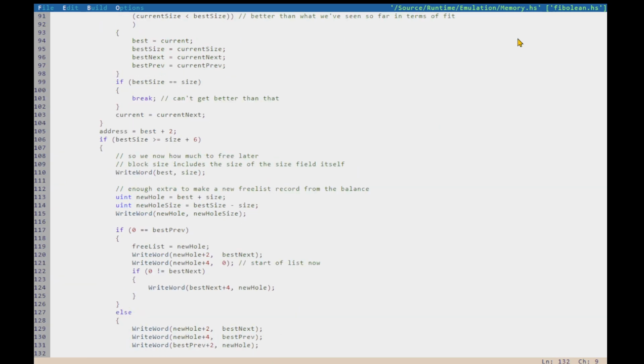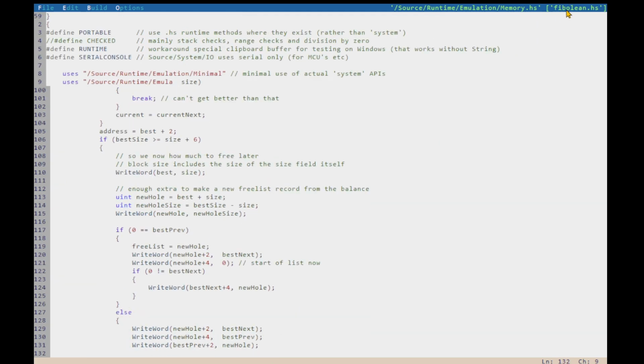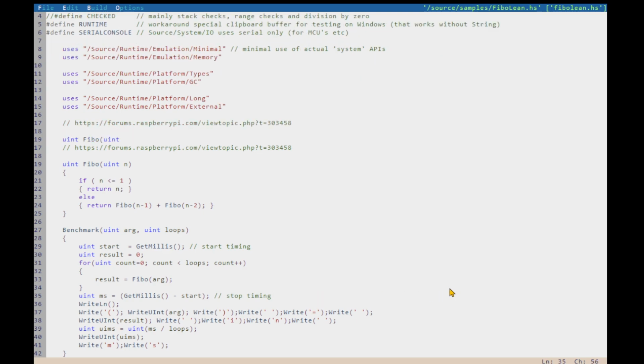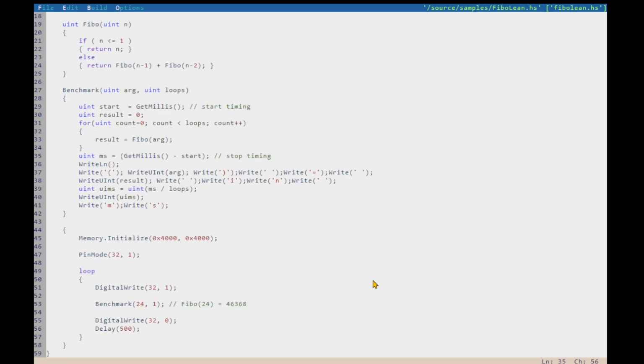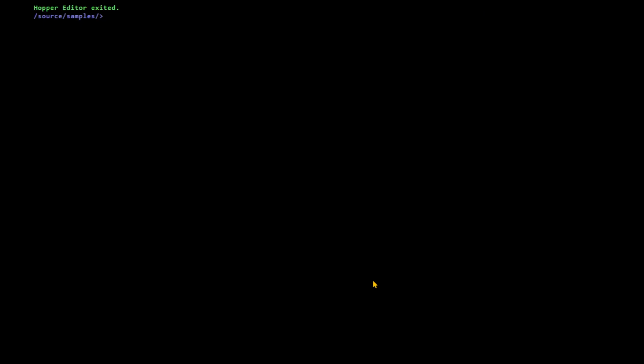So this is how much work I had to do just to get this Fiberline to run. But it's worth it, you'll see. Anyway, so we have Fiberline there. So let's build Fiberline for the platform. All right. Now at the console, we run cgen on it. So we generate, so cgen Fiberline. So it now generated C code